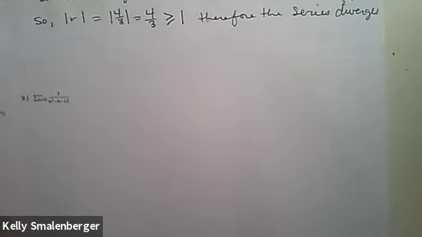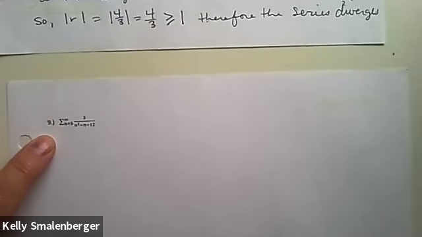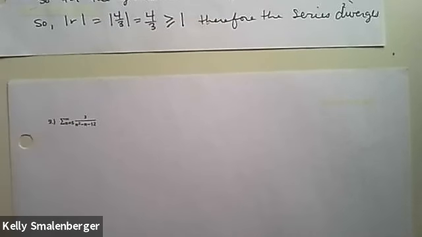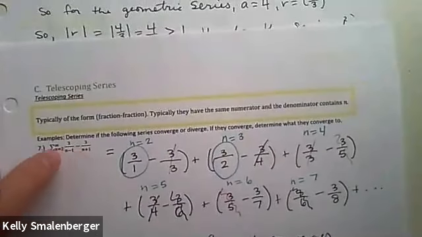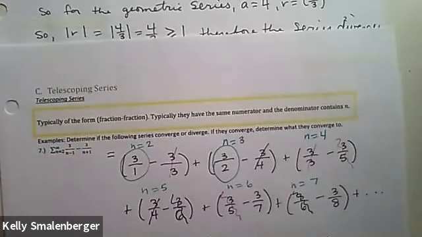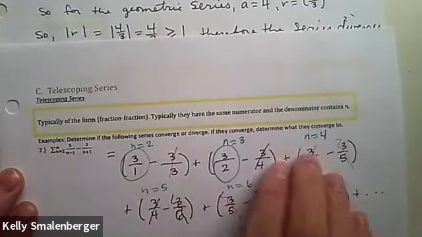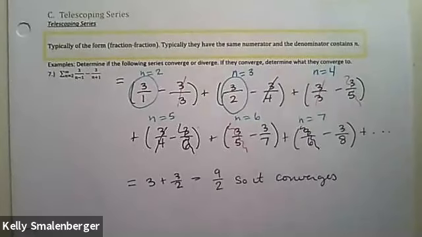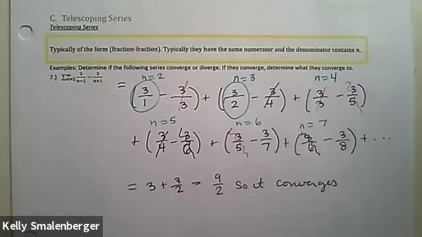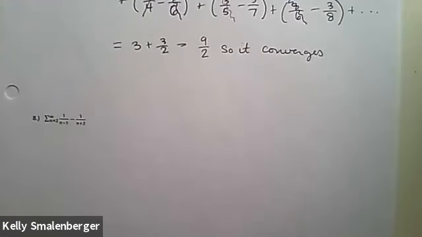So you can see from a question like number 9, we're going to have something where it's one fraction. From this, we're going to have to do partial fractions to write it as the summation, the addition or subtraction of two fractions. So we don't want it as one fraction. We want it as two fractions so we can write it out so we can see what cancels. Does that answer your question? Yeah. Okay. Not to spoil the exciting number 9 though. Okay, so